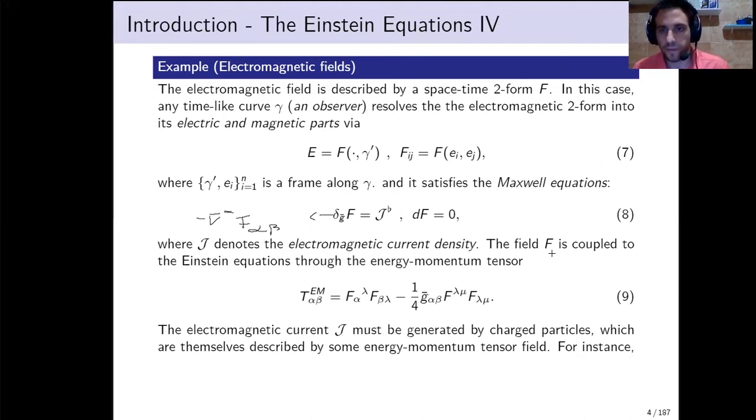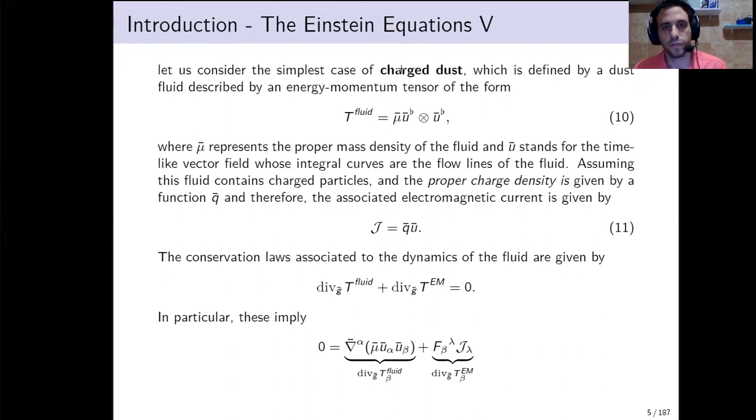Now, the electromagnetic field F is coupled to the Einstein equations through the energy momentum tensor of the electromagnetic field that is given by this expression 9. And since, as we were saying, the electromagnetic charge density is generated by some physical model, typically the matter that generates this charge density is going to be described by its own energy momentum tensor field. And the easiest case to present is the case of charged dust. And the case of dust is a particular case of a perfect fluid with no pressure. So if we consider this case, then the energy momentum tensor field associated with the dust fluid is going to be given by something like this, where this mu is the energy density associated with the dust fluid,